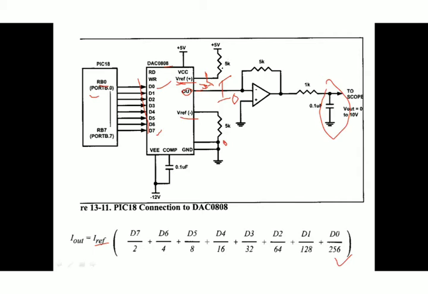The resistance value is 5k and the voltage is 5 volts. So what will the current be? You know Ohm's law, V is equal to IR. You know the voltage, you know the resistance, so I equals V by R. V divided by R means 5 volts divided by 5k, that means 1 milliampere is the reference current here.